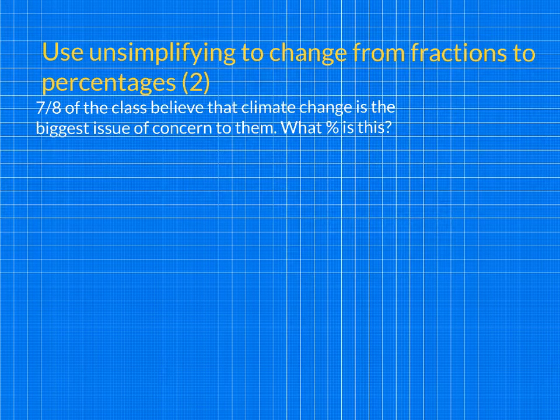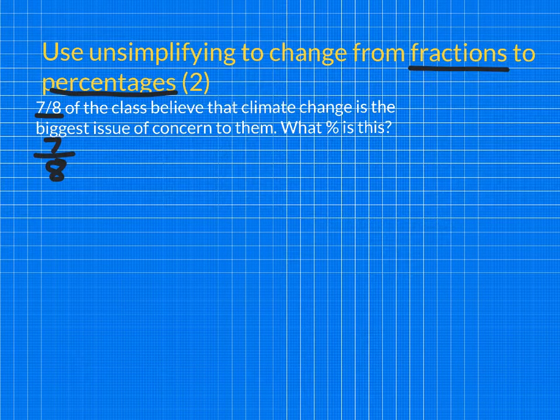In this example, we're going to use the unsimplifying method to change from a fraction to a percent. So in this example, 7/8 of the class believe that climate change is the biggest issue of concern to them. What percentage is this? Now 7/8, notice that the way that's written there should be rewritten always with a horizontal line to show it's